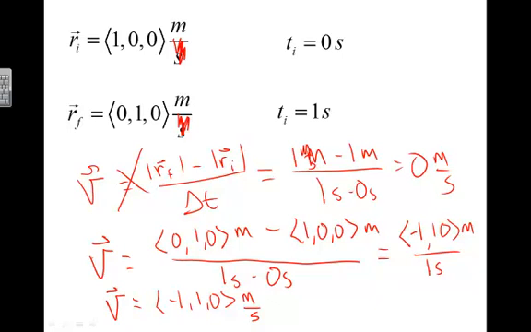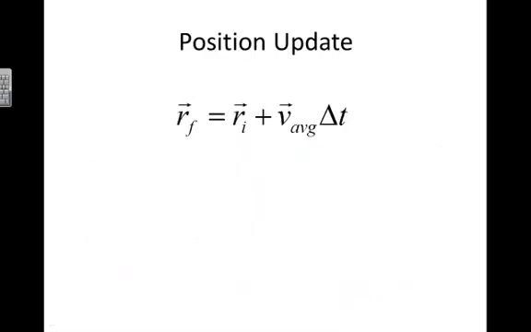Now, since velocity is telling us the average rate of change of the position, we should be able to use this information to figure out where we're going to be at a later point in time, and that's where this position update equation comes into play. So if you know where you started, you know how far your position changes each chunk of time, and you know how long you're going to be moving, that then will tell you what your final position is. Now again, this is assuming that your velocity is more or less constant